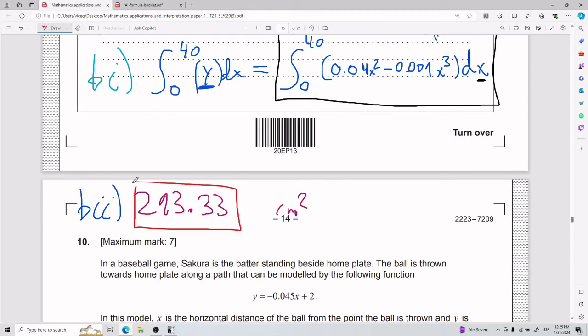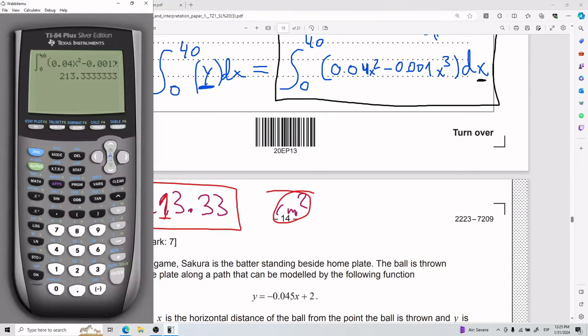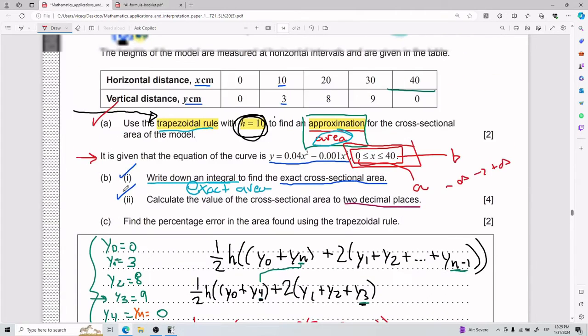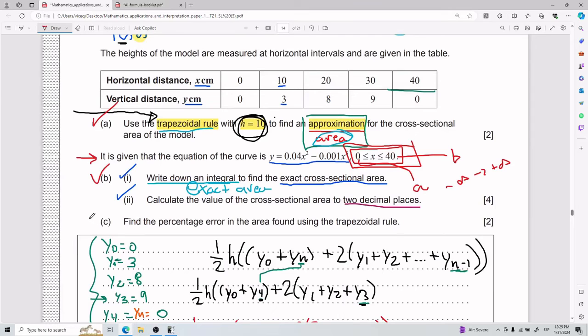This is your final answer. This is a 1. This is centimeters squared. All right. Last but not least, for part C, we need to find the percentage error in the area found